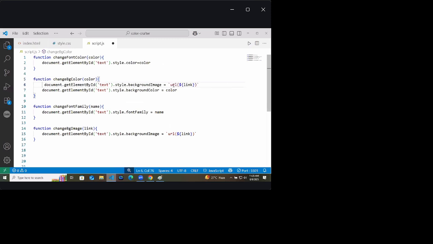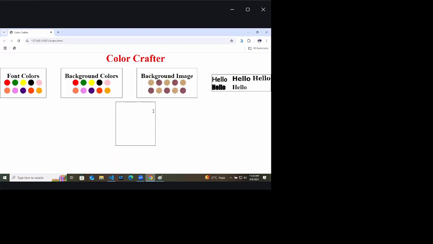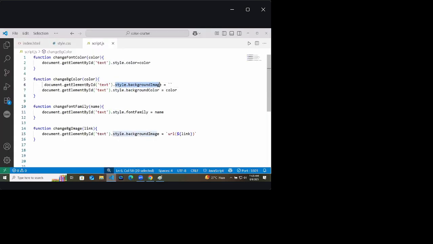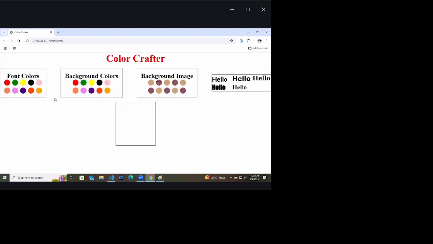So at first you remove the background image when you are calling the color function. At that time, at first you remove the background image and then add the background color. Now the background color function, what it is doing, at first it is removing the background image, means no URL, none. None you can give or null you can give. Null is also there, means no value. Now, like this you can provide.